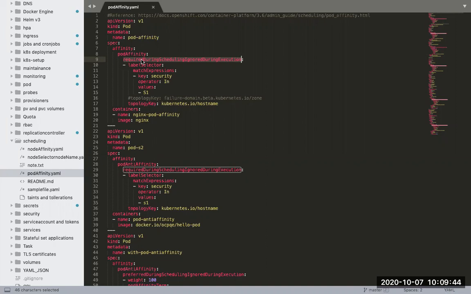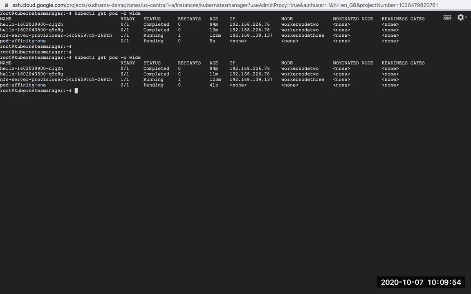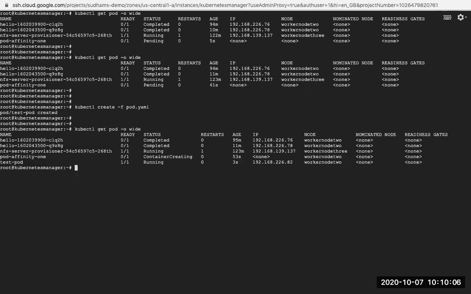Okay. Meanwhile, if you launch it, obviously it will schedule on that particular node. Okay, what I will do, I will launch this particular pod. See, now you understood it is in pending state. Now let me try to launch the pod. Which pod is it? Pod.yaml. Okay, now since it is launched, your pod will get scheduled. You can see there, this pod is launched on worker node 2.